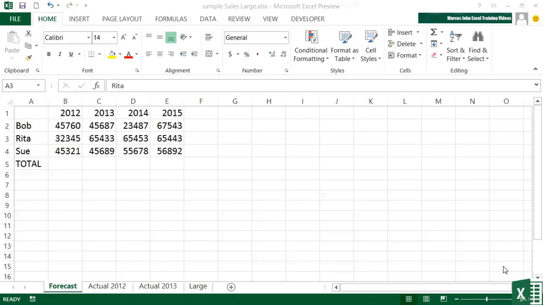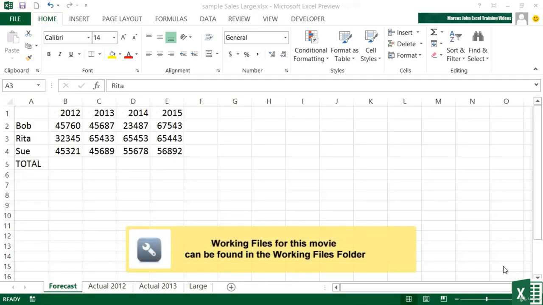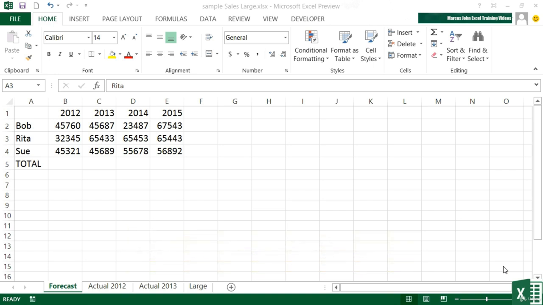Although we know that Excel is supplied as a massive sheet of rows and columns, those rows and columns have all been given the same width and height. We can adjust those column widths and row heights so that they fit and display the data that we're after so much more easily. Let's take the sample file sample sales large that will require us to do some column width and row height